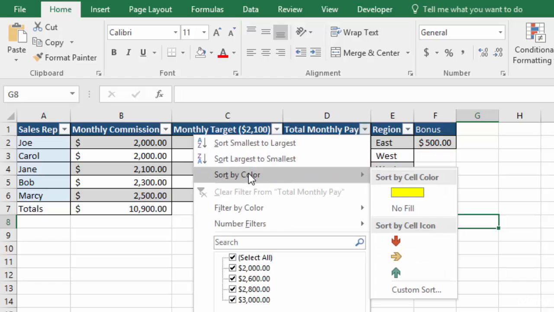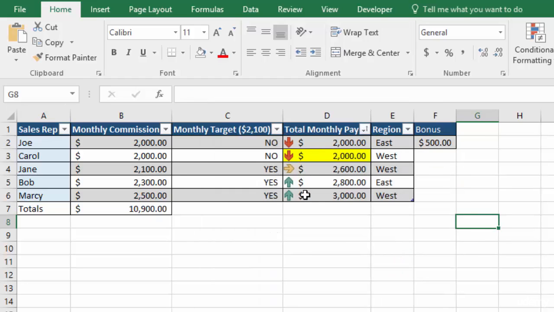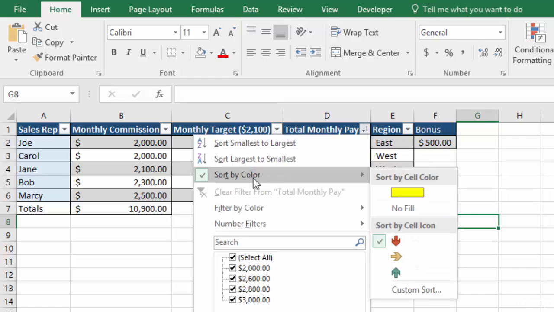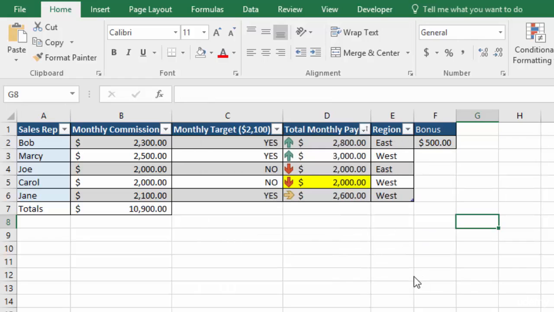can now go to sort by color, and I can sort by any of the conditional formatting that I have on here. So if I want to sort by red arrows, I can do that and it brings my red arrows to the top. If I want to sort by green arrows, I can do that and it brings the green arrows to the top. So when you think about this when applied to a gigantic spreadsheet with thousands of entries, for instance, thousands